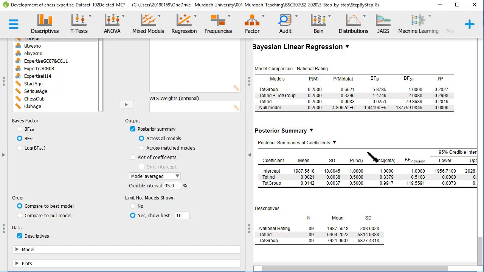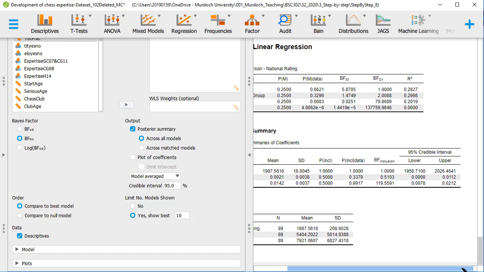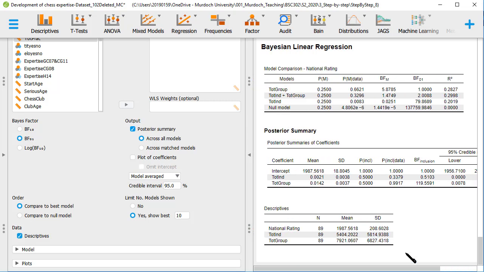For report purposes, you don't have to worry about this or this. I'm interested in the 95% confidence interval. So this is the confidence interval for the intercept, which again is not very interesting, but for the two betas, this goes from 0 to 0.112, and in this case from 0.0078 to 0.0212. And that's what you need to report regarding the parameters,